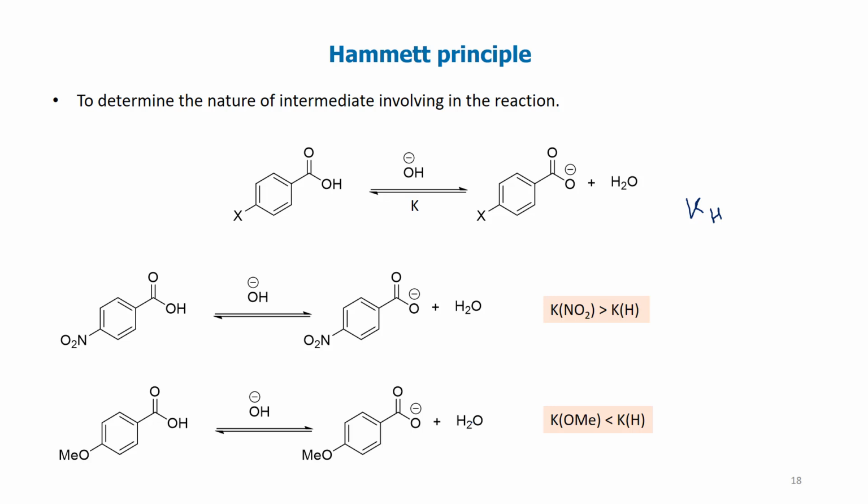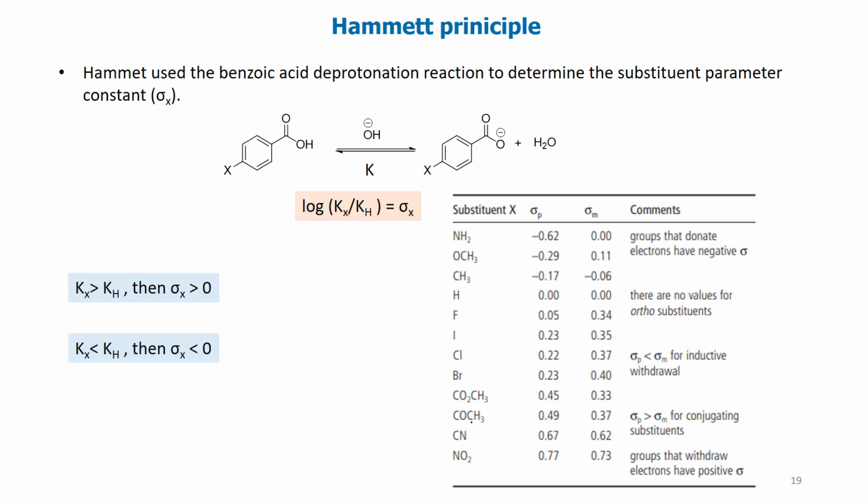From his observation, he found that in the case of para-nitrobenzoic acid, the rate of deprotonation is faster than that of simple benzoic acid, and in the case of para-methoxybenzoic acid, the rate of deprotonation is slower than that of simple benzoic acid. So based on these outcomes, Hammett said